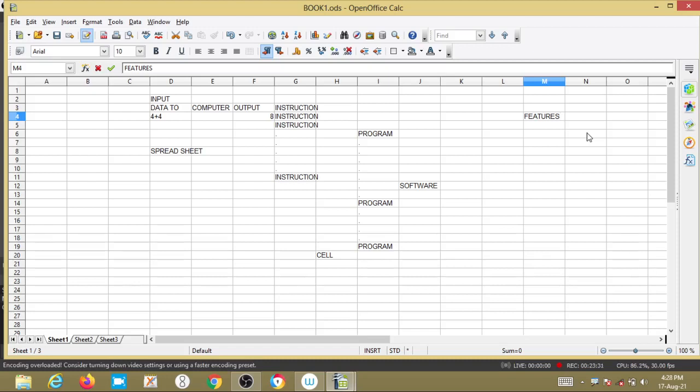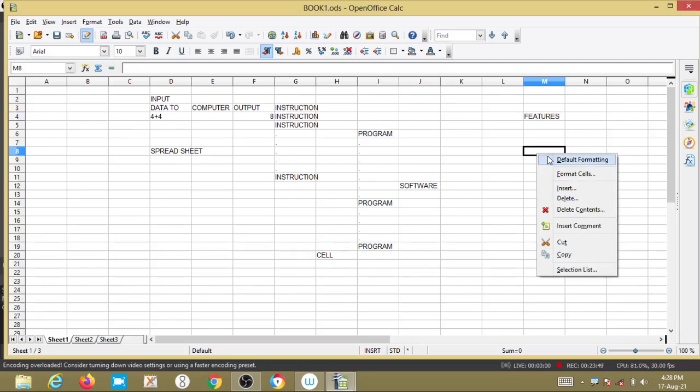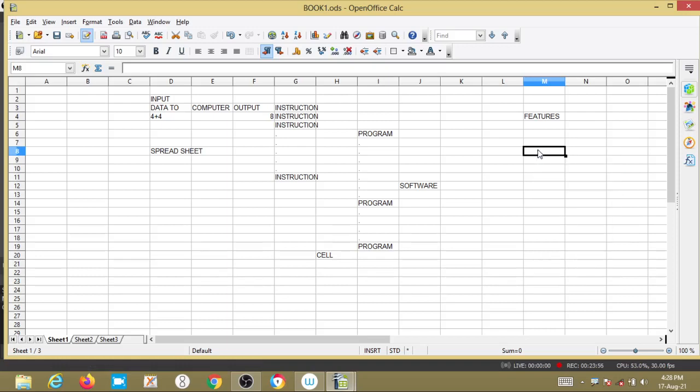In functions and formulas, MS Excel has many built-in, that means predefined, formulas used for calculations, like sum, average. MS Excel is used to perform particular calculations.